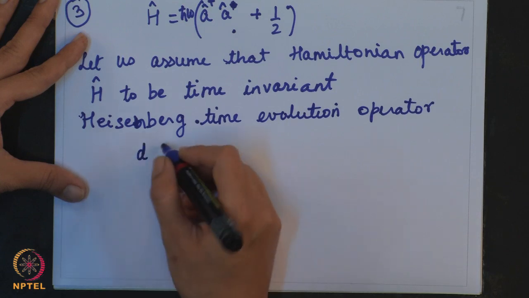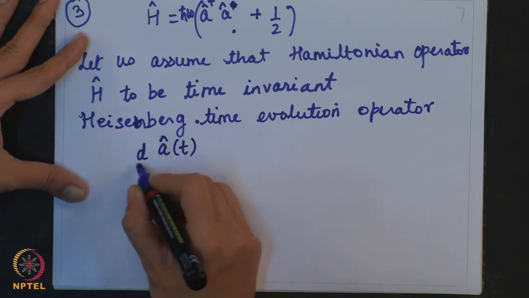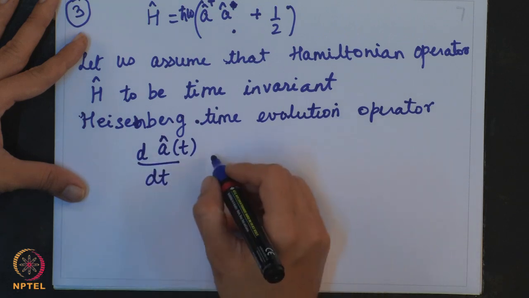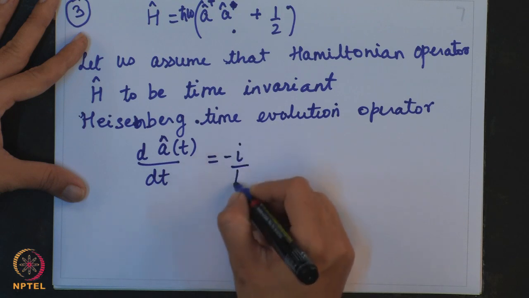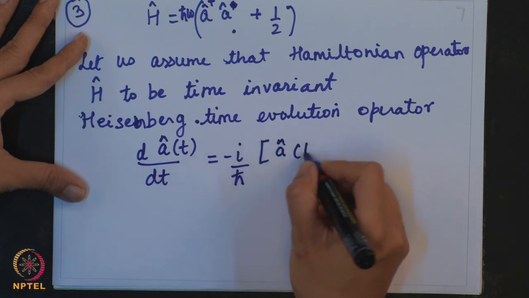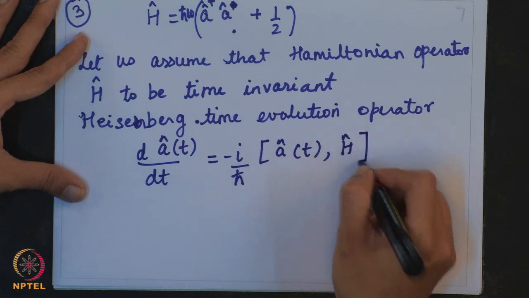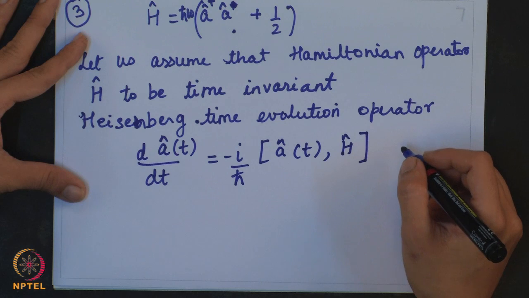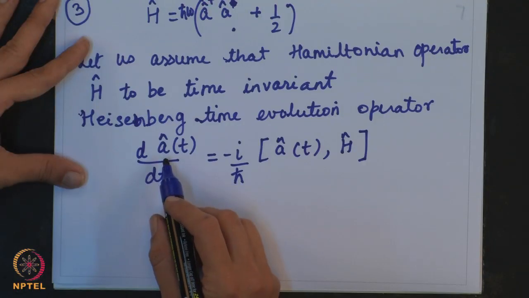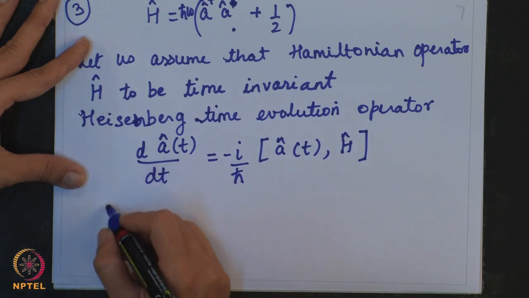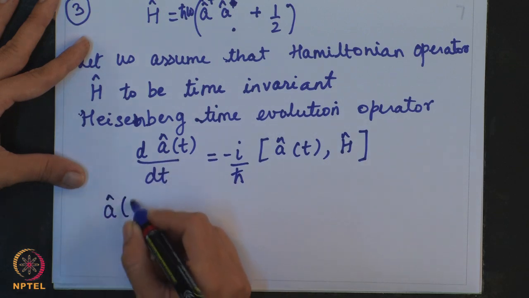So, what is the time evolution equation? Heisenberg time evolution equation for say operator A is minus i h cross. We have seen this definition for angular momentum. Okay. In the previous problem, the previous tutorial, I think tutorial 6, we have used this definition. So, we have this problem wherein we have taken the time evolution operator definition, and